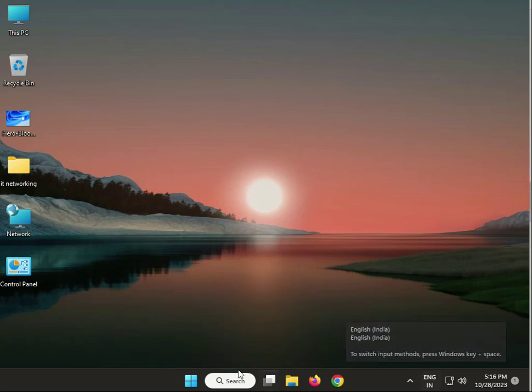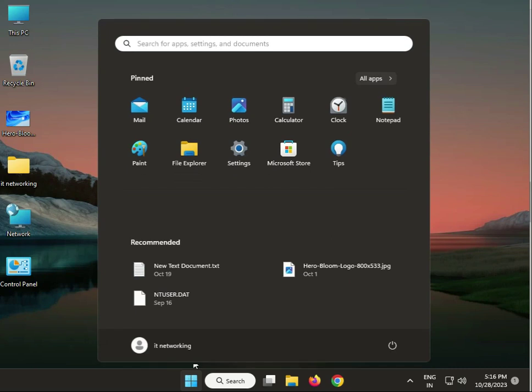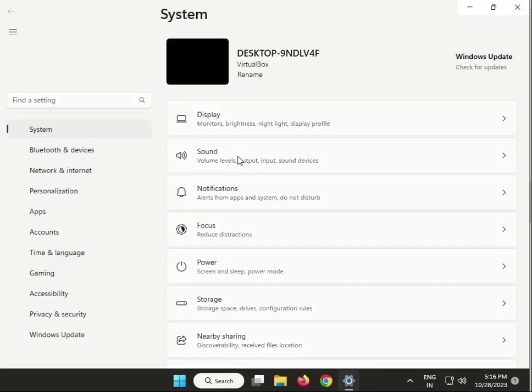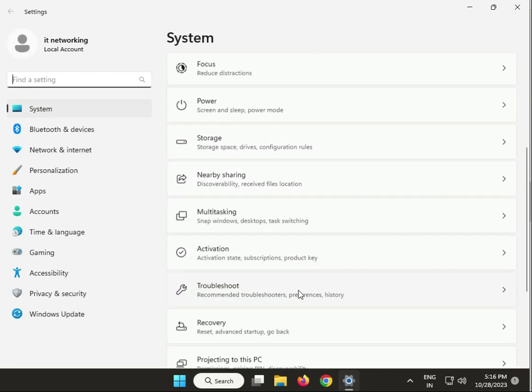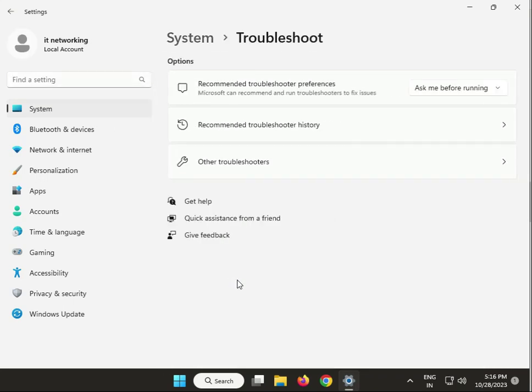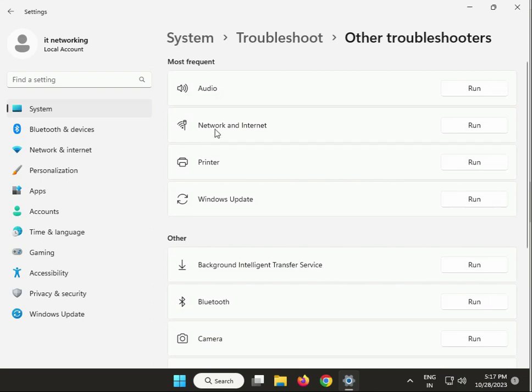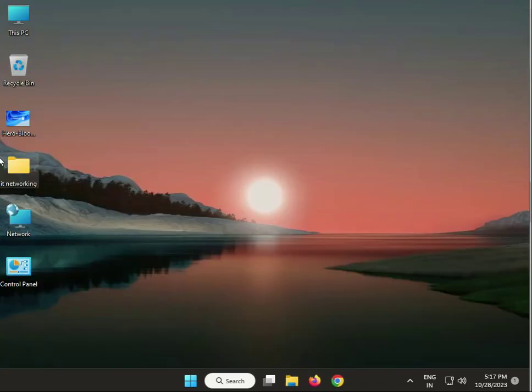Next guys, run network troubleshooter. Again click the start button, then go to Settings, then in System scroll down, Troubleshoot, Other troubleshooters, and click Network and Internet, click Run. Okay, then next,